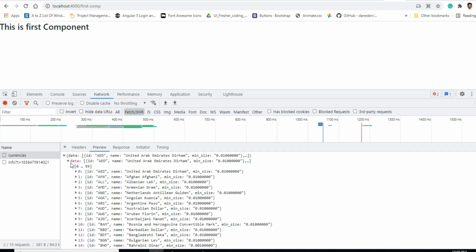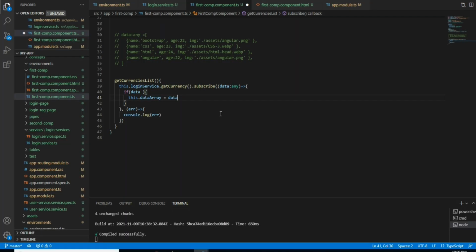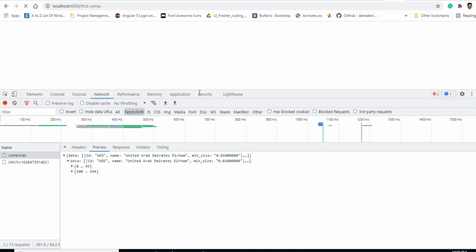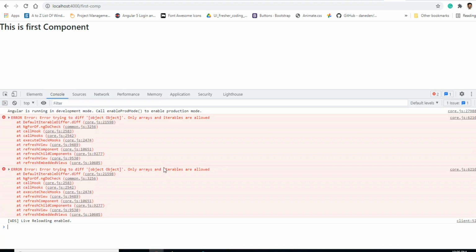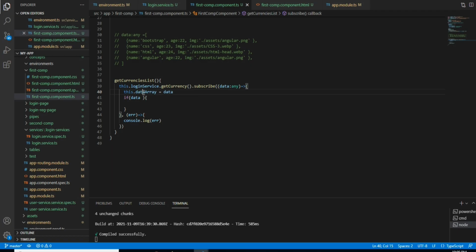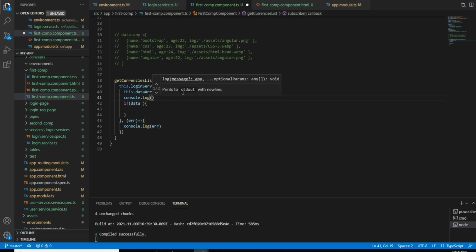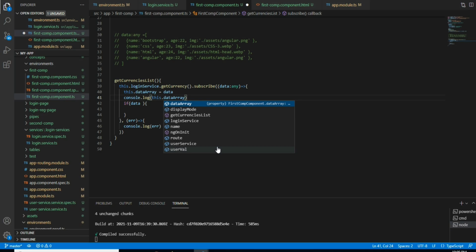Let's console log the data, and we'll check what the issue was.